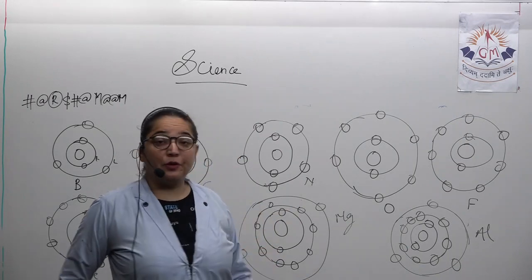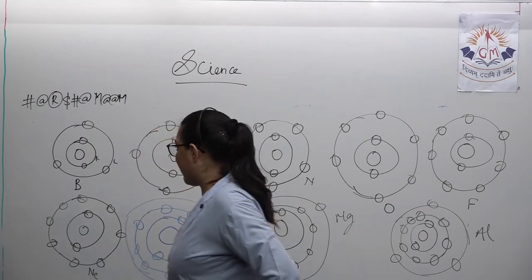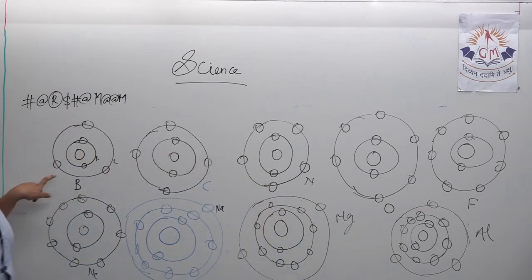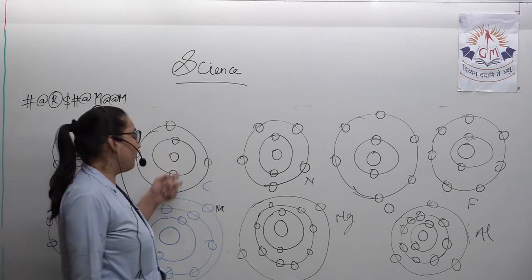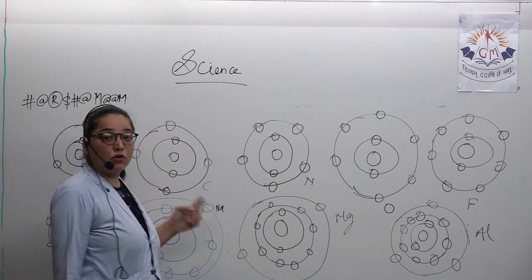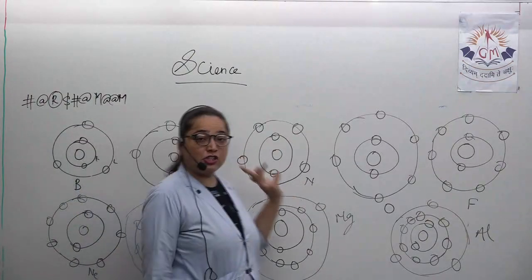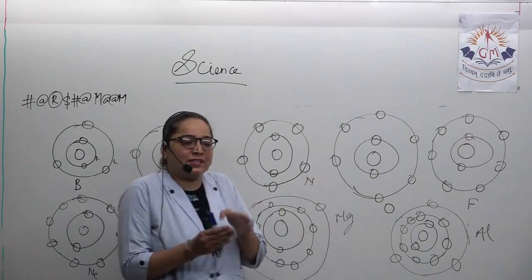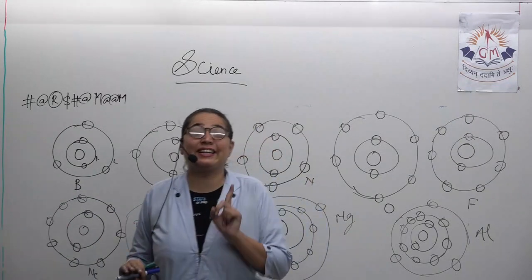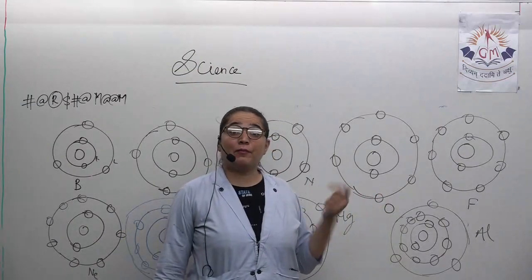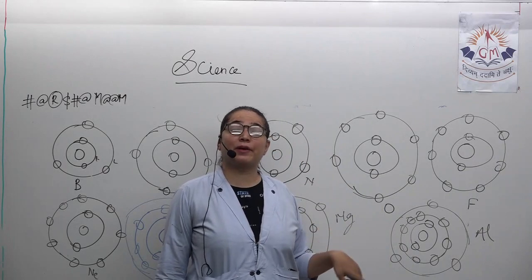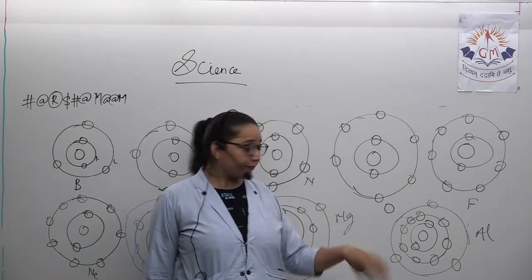So till aluminium, I hope that you have understood. Once again I'll teach you. If it's boron, then in boron the very first 2 electrons are in the first orbit K, and in the L the rest 3. Carbon, in the first orbit 2, next 4. Nitrogen, first 2, next 5. From its atomic number subtract 2, till 10. You will get the outermost orbit number of electrons. Oxygen atomic number 8, 2 already occupied. How many will remain? 6.